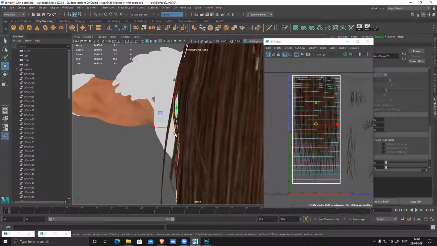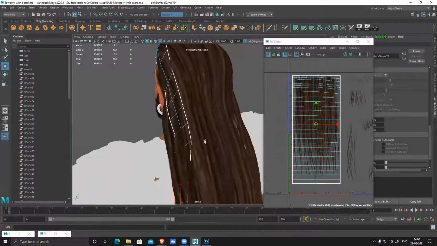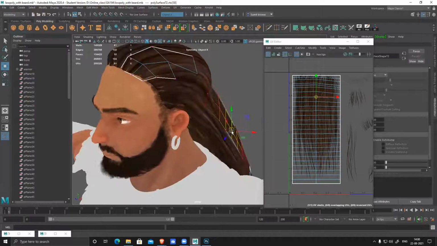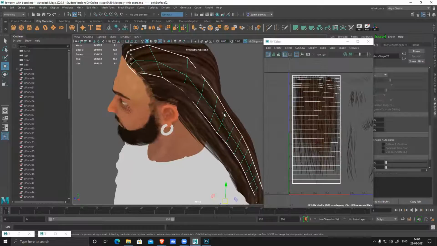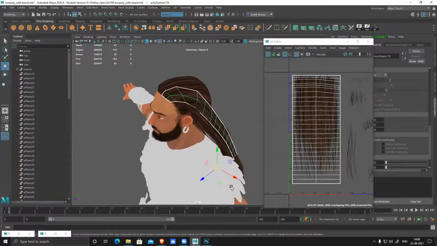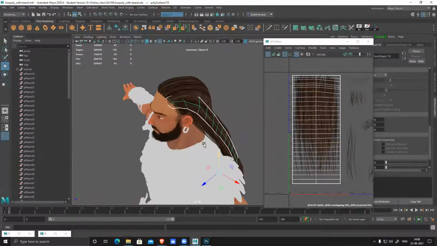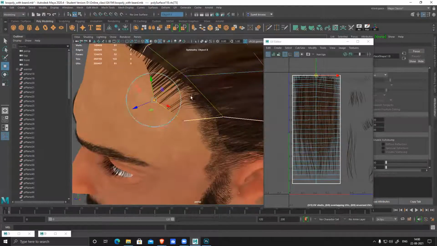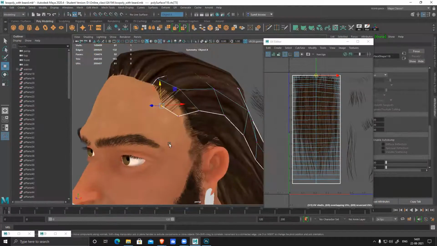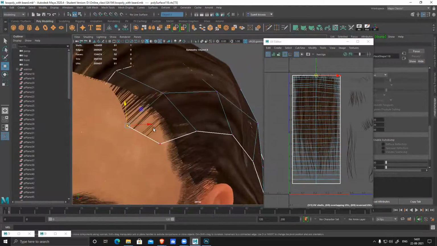Sir, I was actually worried about this because I thought every single hair strand was different. No. Same thing, combined multiple times. I repeat it, like Control D, duplicate. Sir, so these will also have all the texture maps.